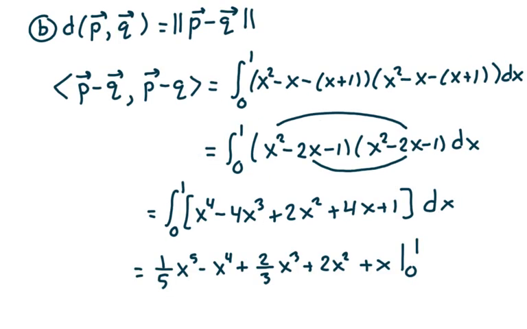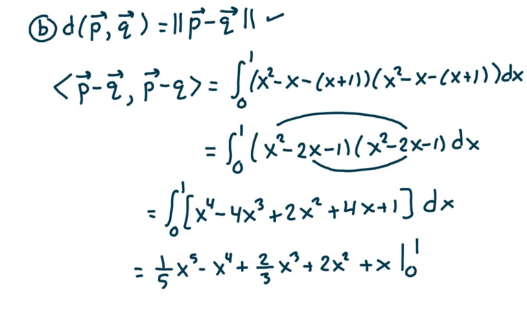Let's take a look at part B. I want the distance between p and q, but that's the norm of p minus q. Now, to get the norm of p minus q, I have to take the inner product of p minus q and p minus q. But that's the integral from 0 to 1 of x squared minus x minus the quantity x plus 1 times x squared minus x minus the quantity x plus 1. And I claim when you multiply all that out,